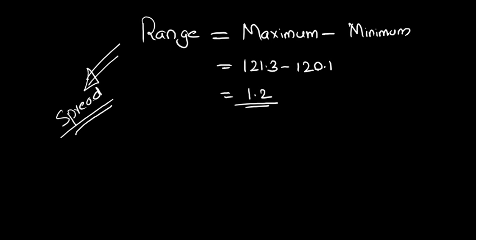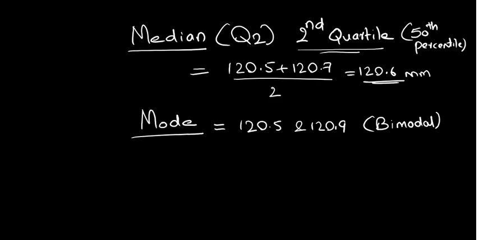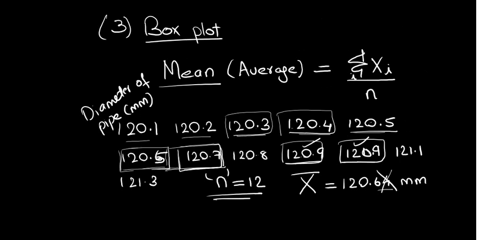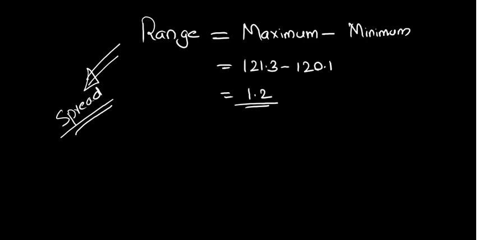For example, variance and standard deviation and so on, which may be a more accurate way of measuring the spread. But the range is a very effective means of measuring the spread. And the median and mean can be used for measuring the central tendency. The median and the mean give you a measure of the central tendency, whereas the range gives you a measure of the spread or the scatter of the distribution, or the variability in the distribution. And we are very much concerned about variability in this course.